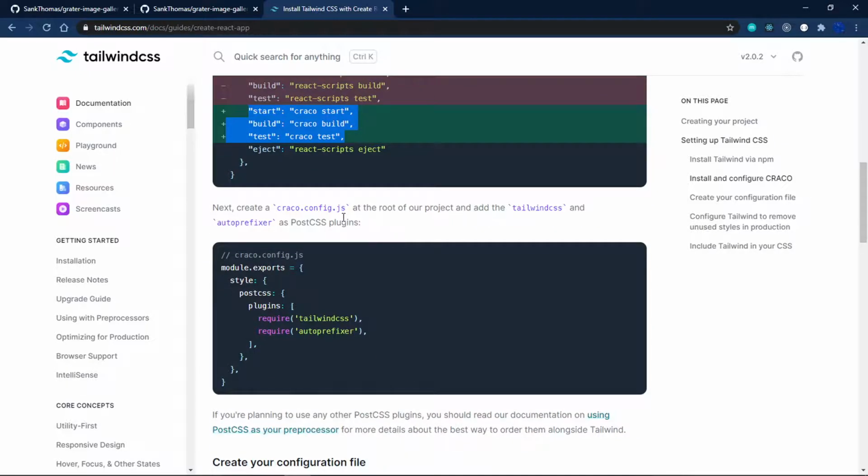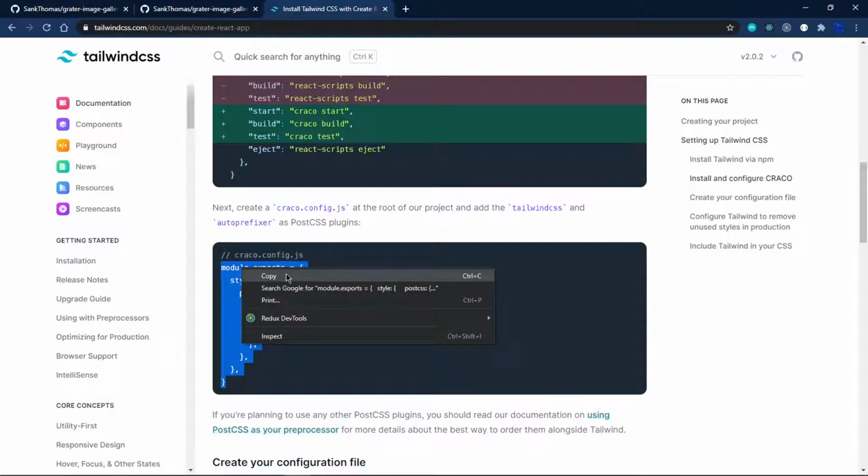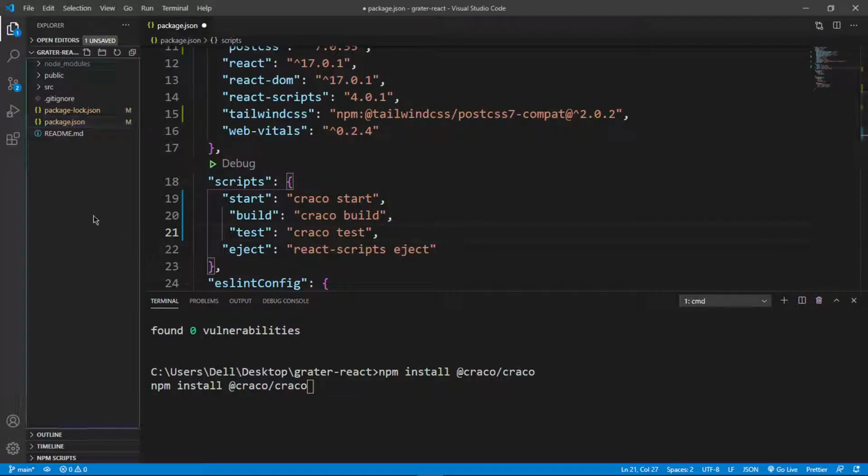So that's where I had reached, and I think we're just going to continue from there. It says next, create a cracker.config.js at the root of your project and add the Tailwind CSS and autoprefixer as PostCSS plugins. So I'm just going to grab all of that, copy that, and then make sure that you're in the root of your folder, of your workspace,